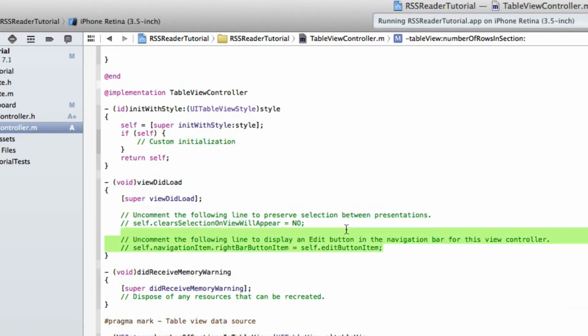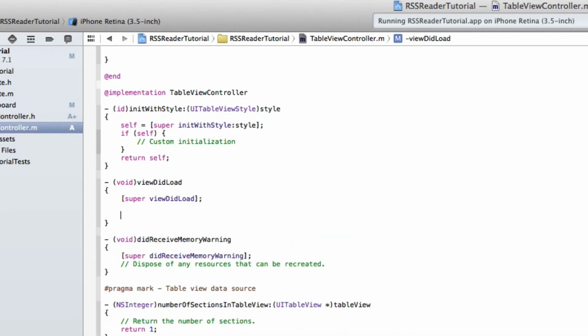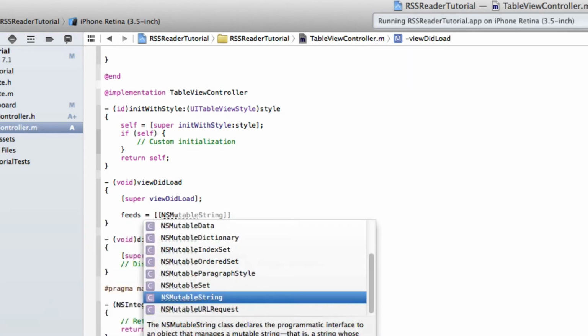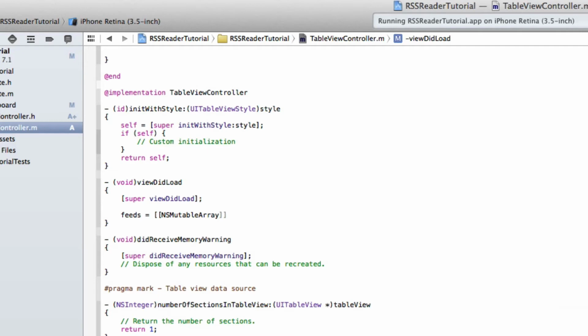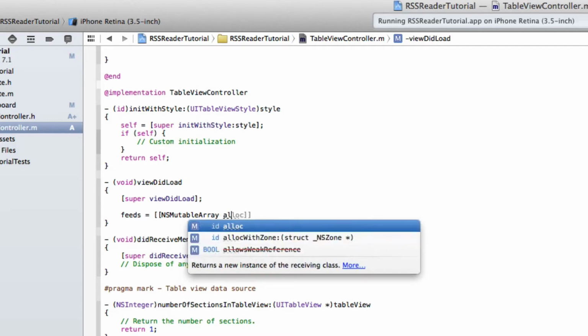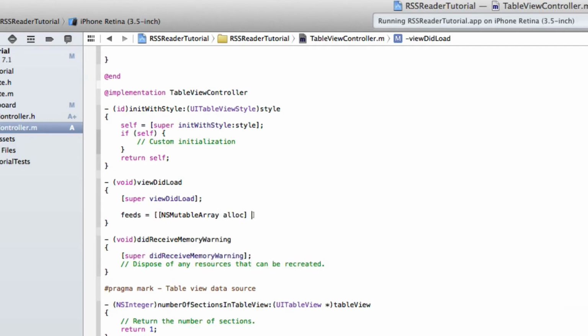Now we're going to add in this section here in the viewDidLoad. This will be to, when the view loads up, load up the feed and populate it straight away to our table view. So we're going to start by simply putting feeds space equals space bracket bracket NSMutableArray, space alloc, bracket, space init,